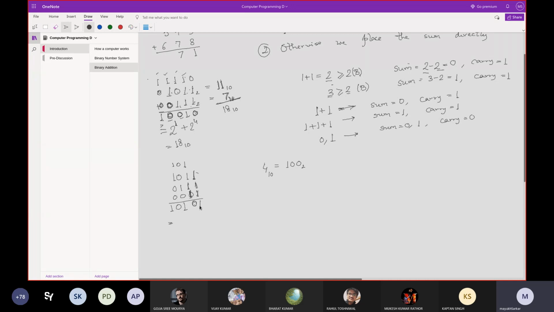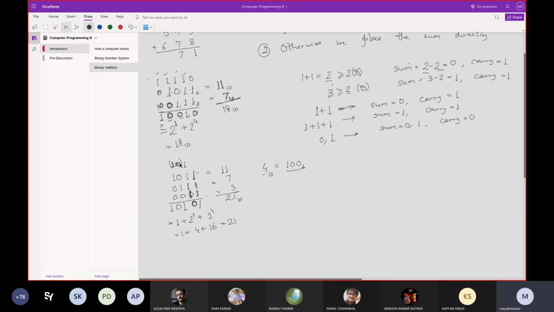Let me check whether it has given me the correct answer. 1 0 here, so 2 to the power 1 plus 2 to the power 4 is 21. Am I getting the correct answer from here? We have 7 and 1 plus 1, that means 3. And yes, we are getting 21. So if you get something like 4 in decimal, which is 100 in binary, 0 will be here and 10 will go as the carry directly.